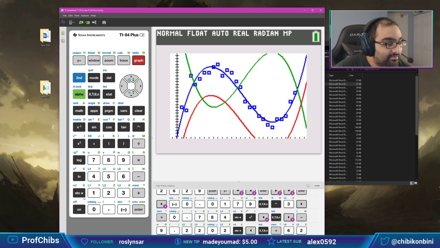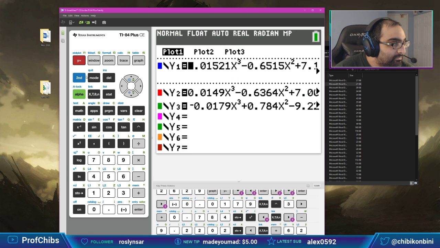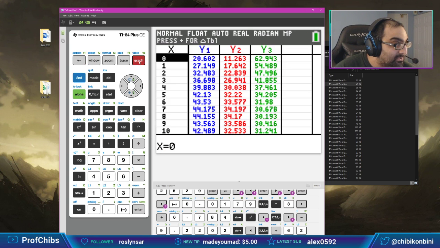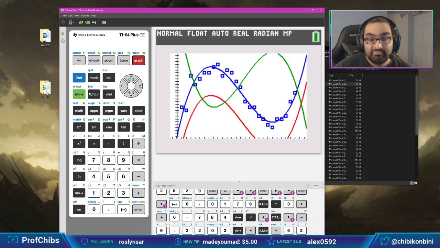So it's very different than that of the others. Actually, let me check that one more time. You got negative 0.0179? Okay. If you give me negative, then that's why the shape is what it is. Alright, that's fair. Here you go. The shape is very different because the initial coefficient is negative, so okay.